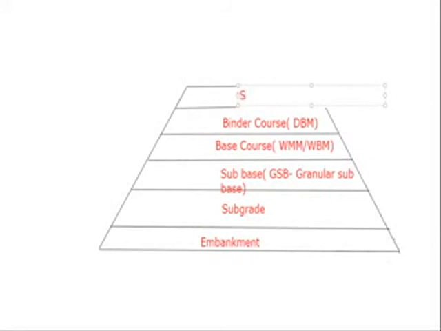Just assume initially you will construct the embankment, and above that, if it is 20 meters, the width will go on decreasing, that is 19 or 18. The main procedure of the entire construction, for each layer, is first bringing the soil or material from a different portion and then laying it. Once the laying is done, the next part is compaction. After compaction you test the different properties: plasticity limit, liquid limit, CBR, moisture content, and dry density. Entire thing you are testing.